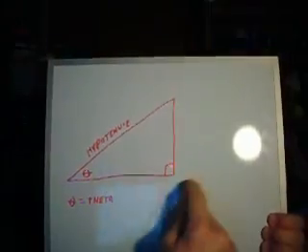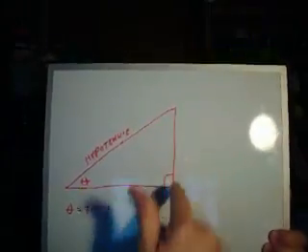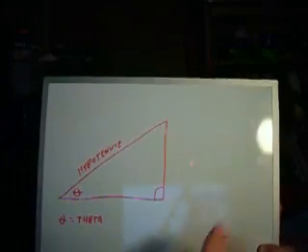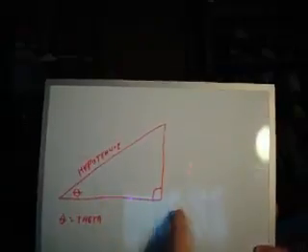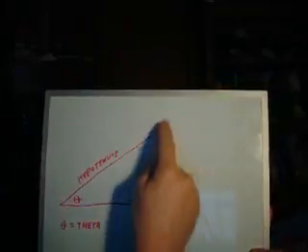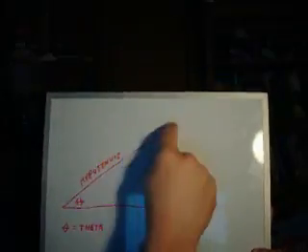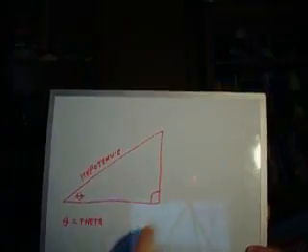All three of these lines have a measurement. This is a certain number of feet or miles or whatever you want to call it, and so on and so forth. So there's a measurement of this line, a measurement of this line, and a measurement of this line. So you're going to take the measurement of the side opposite